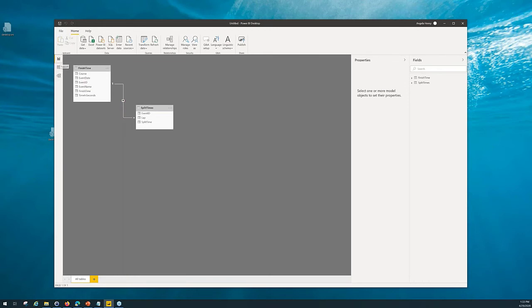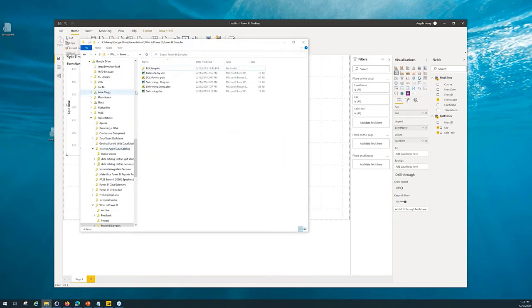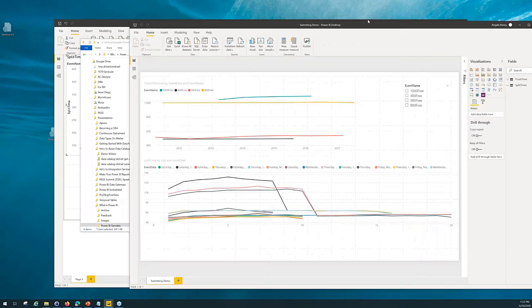So with that, we can add some other things in here. I am going to open a pre-baked one because time is of the essence here. So I've got one that I have already created. And once you create your data set and you get it all modeled and all the visualizations are exactly how you want them, then we're going to do what you call publish to the service. Now, when you publish to the service, you are taking data that is only in your desktop, and you are putting it out there in the Power BI service.